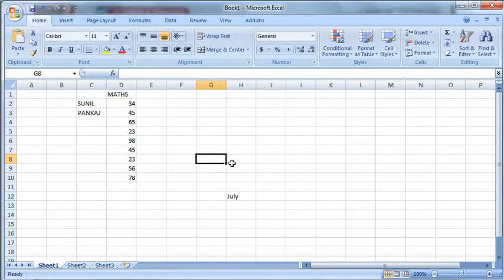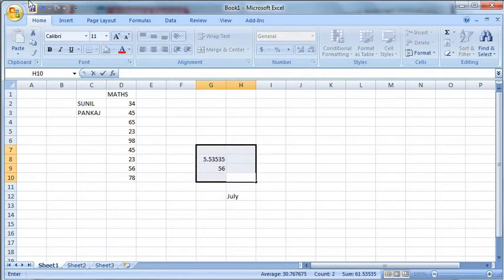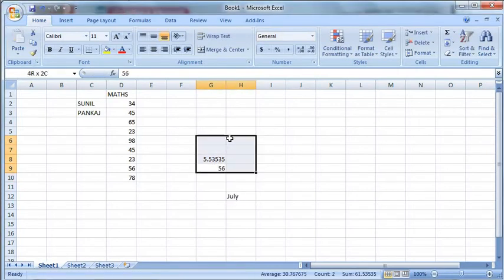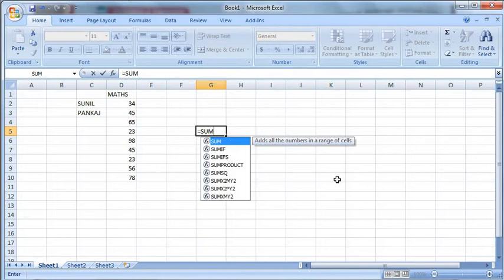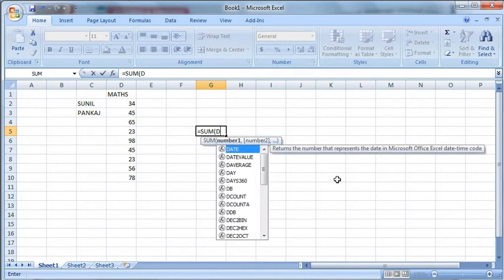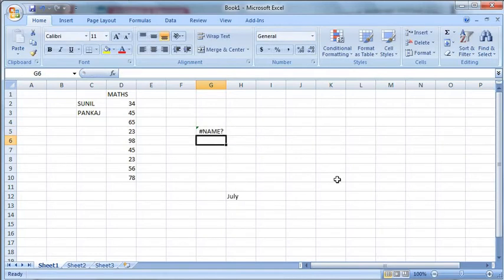And one error is, let me tell you. Suppose I am writing something here, equal to sum, then bracket open, then something I have written, then press enter. What is it saying? It is showing some error.